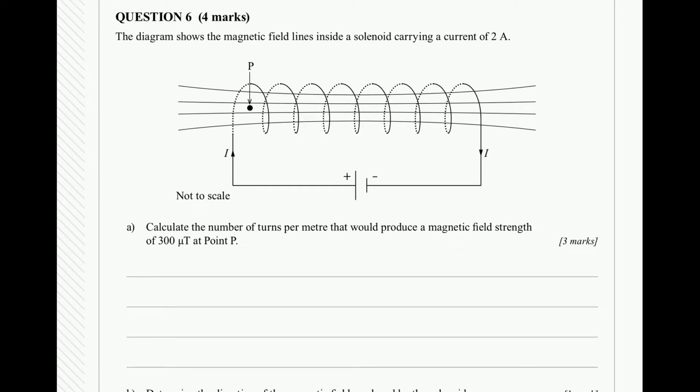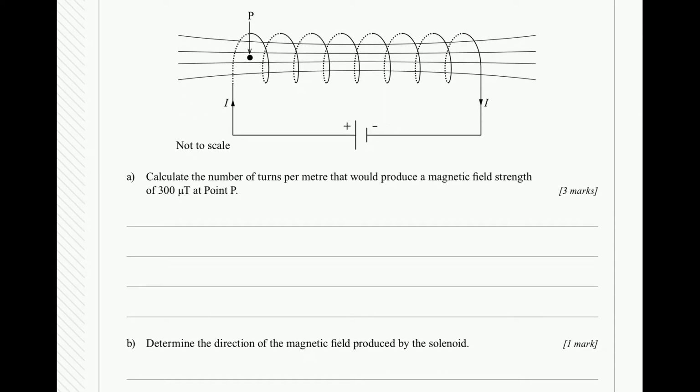Okay, so question 6, starting from the top. The diagram below shows magnetic field lines inside a solenoid carrying a current of 2 A. Here we have our solenoid with the current going in the direction of my pen. Our first question is, calculate the number of turns per meter that would produce a magnetic field strength